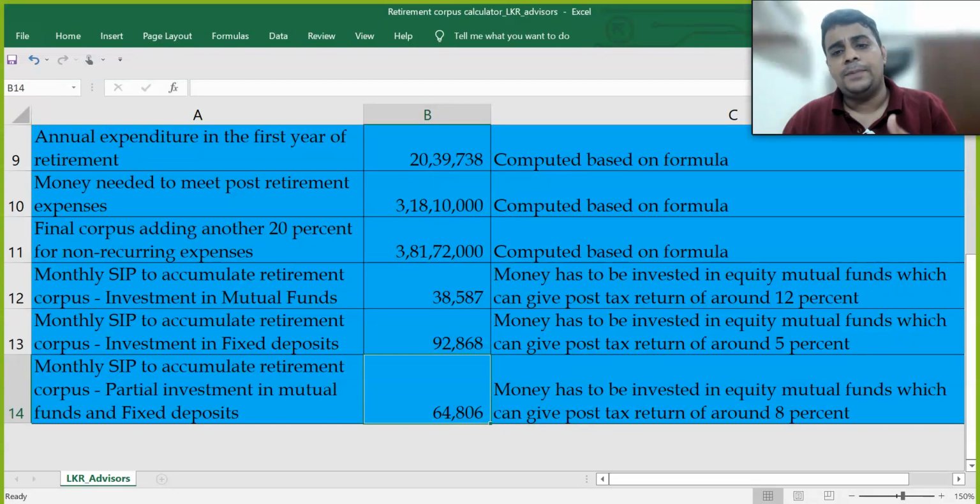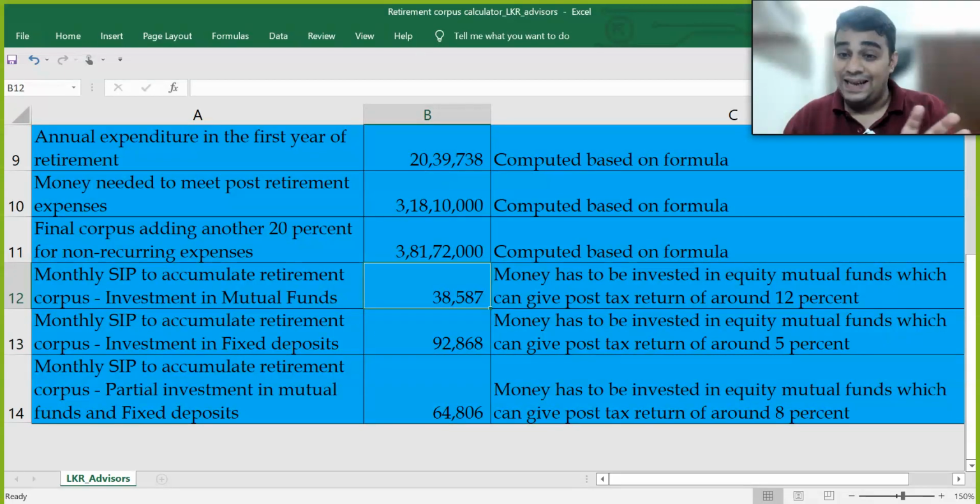Also, many people, when you are in an employment, have a provident fund which takes care of your debt funding. If you are not in an employment but have a business of your own, you may have certain savings which could be debt in nature. Some people may put in a public provident fund, some people may put in some other savings, some of them may have an LIC saving also. So there are multiple forms of savings which have the characteristic of debt nature. So we normally suggest to put money in mutual fund. Also, this is 38,000 every month.